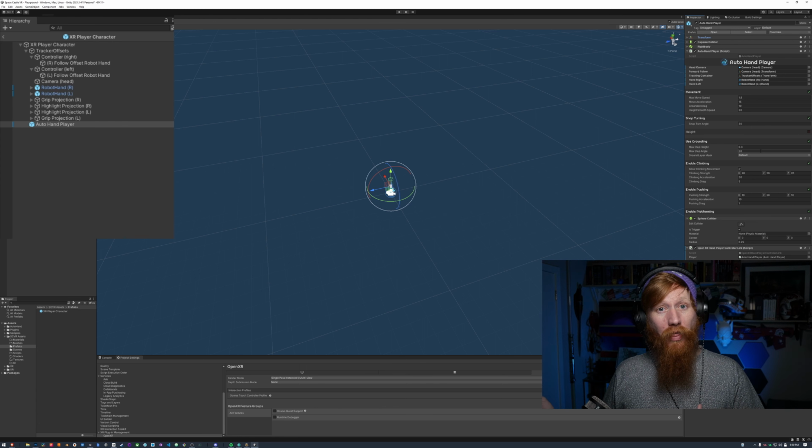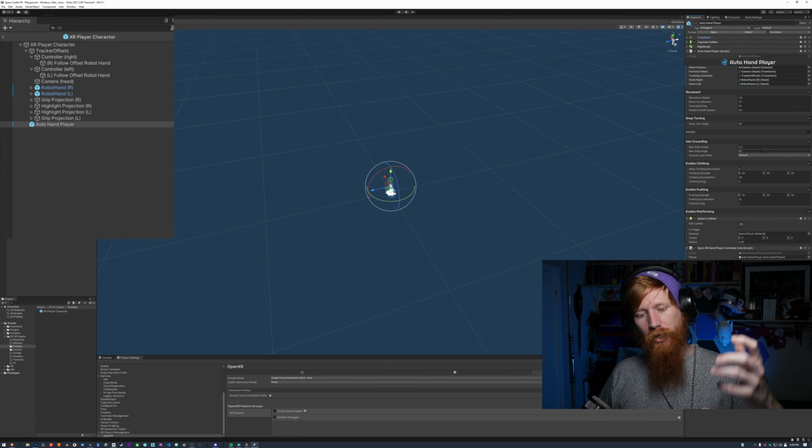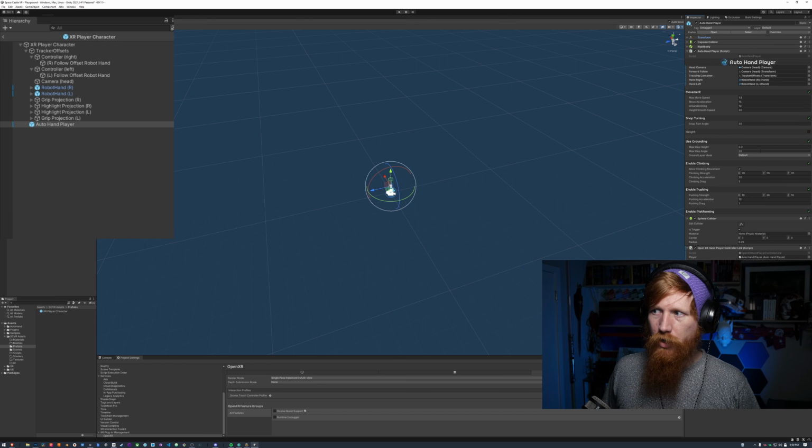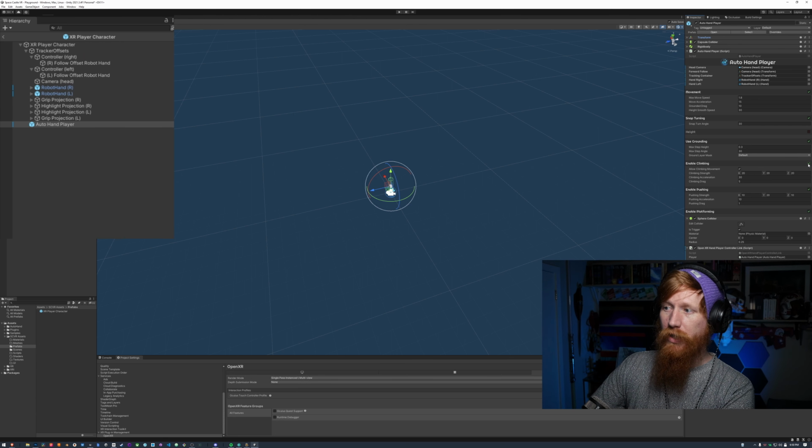I don't want to allow that because I don't want people teleporting on top of arcade cabinets and clipping through the ceilings and stuff like that. So this is primarily for now. That may change as I start building out scenes, but for now, Space Castle VR is a primarily ground level affair. So to do that, we need to uncheck the enable climbing mechanic here on the right,